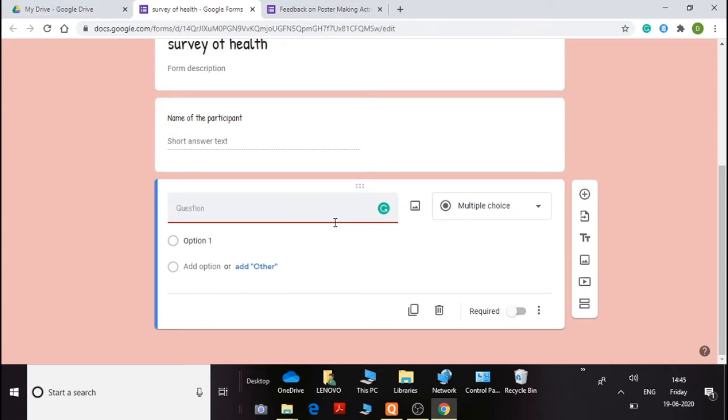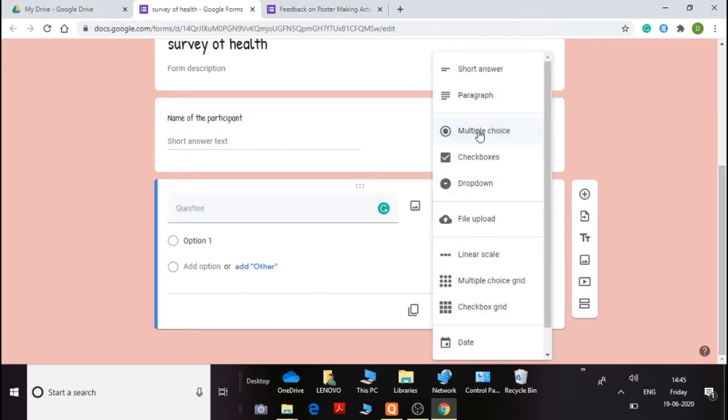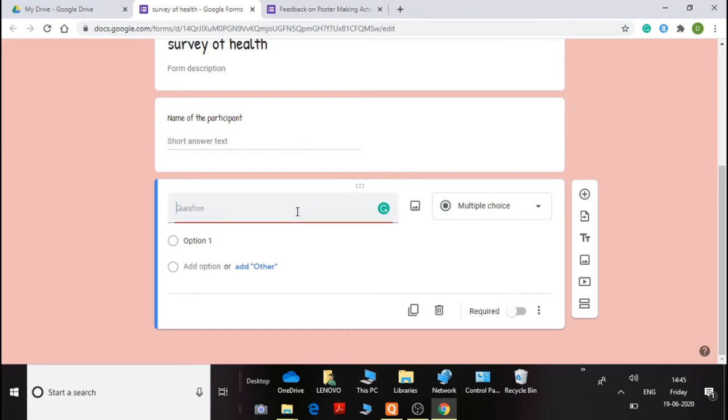The next question will have multiple choice. Let us see a multiple choice question. For example, what are your health issues? I take up this question as multiple choice, and I'm giving these options. You will have to give options in this case.